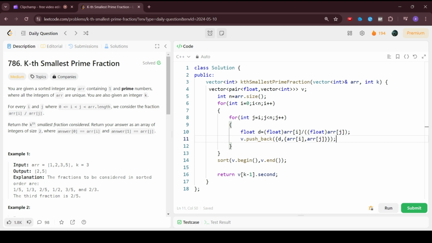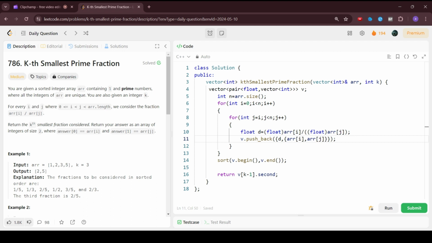So today we are going to be solving today's LeetCode question, which is Kth Smallest Prime Fraction. We are given an array which represents all the numbers present in this particular array, containing the one and then prime numbers, and then we are also given a number k, which is an integer. And then for every i, j where i is less than j and less than the array length, we